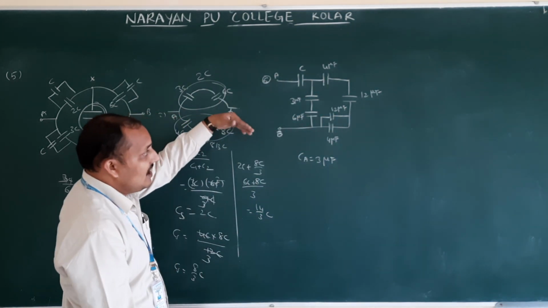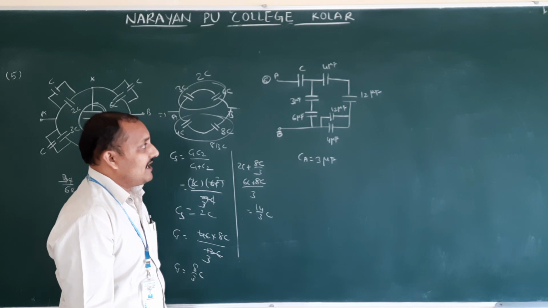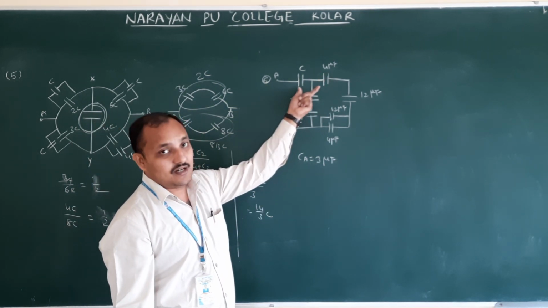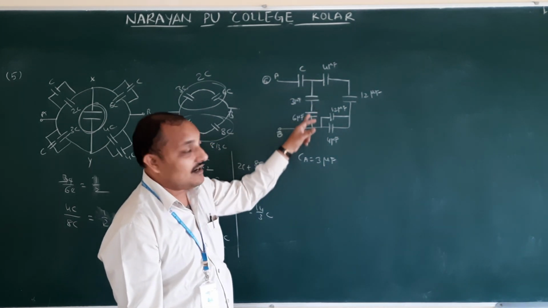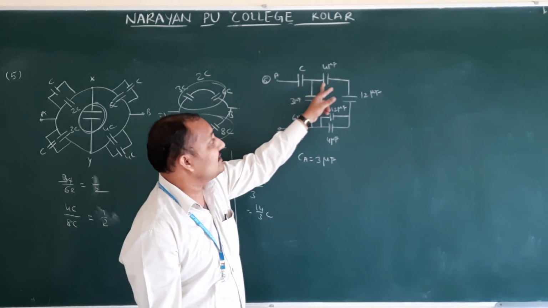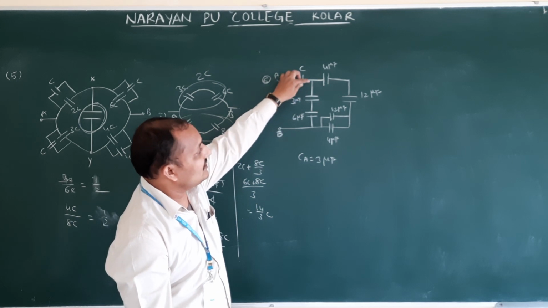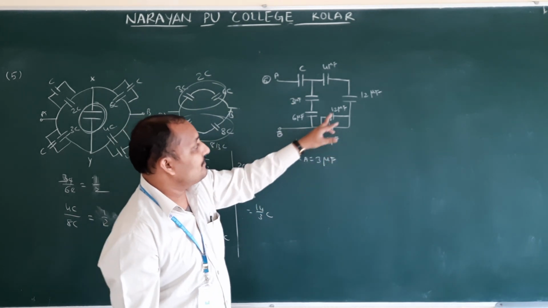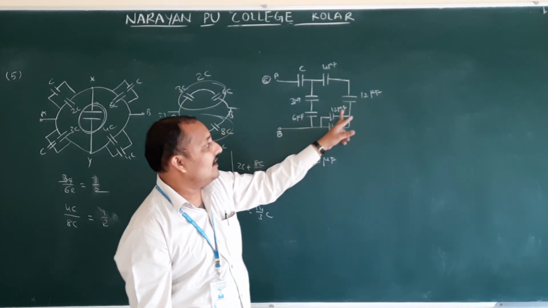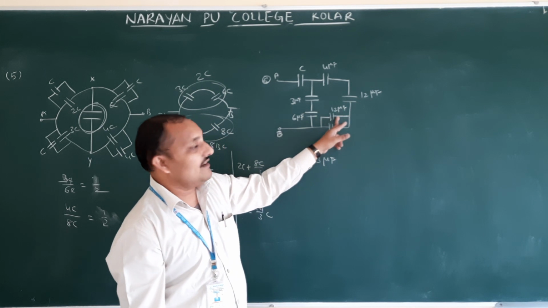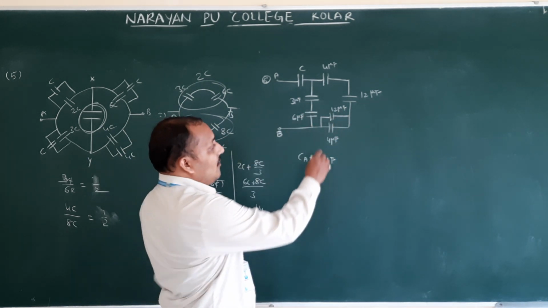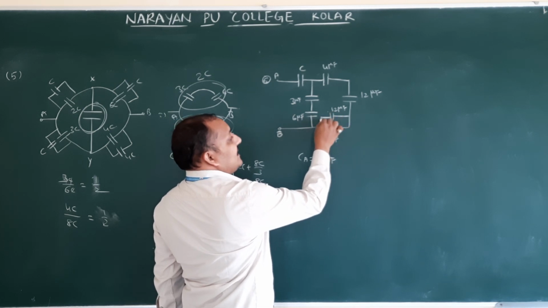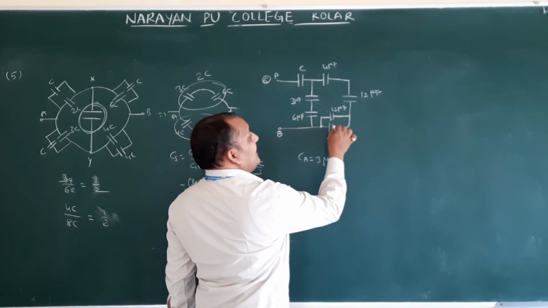When simplifying, we have to see how the capacitors are connected. We should not take C and 4C, 4 microfarads, as connected in series, because in between these capacitors others are connected. We cannot take these two. Can we take these two? So these two we can take. These two are connected in series, isn't it? Now, can we take 12 and this 12? Instead of taking 12 and 12, we can take 12 and 4 connected, isn't it? 12 and 4 connected. This one point is connected here, the second end is connected here.